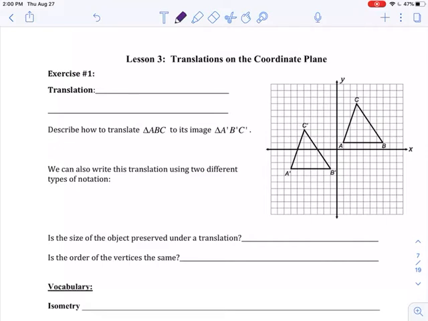Hi GeoClass, this is lesson 3 in unit 2, and today we're going to talk about translations on the coordinate plane. So a translation is a shift or slide